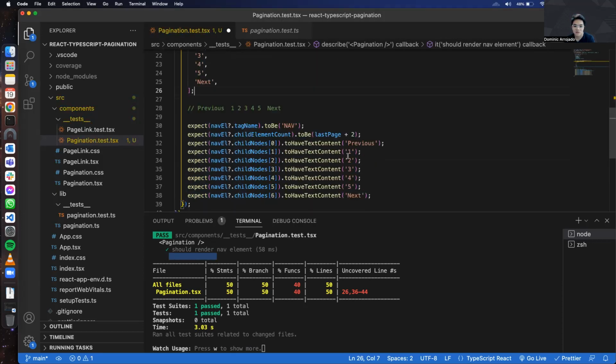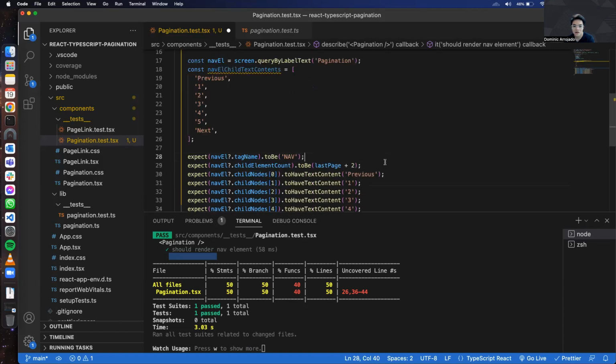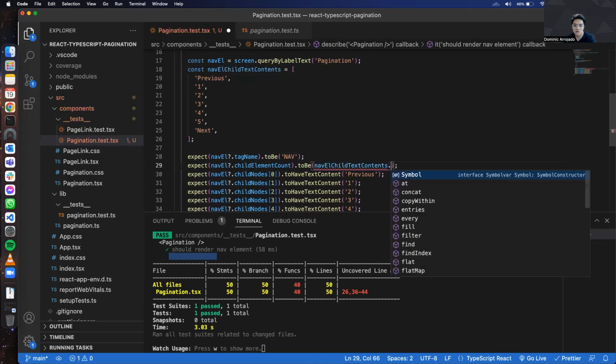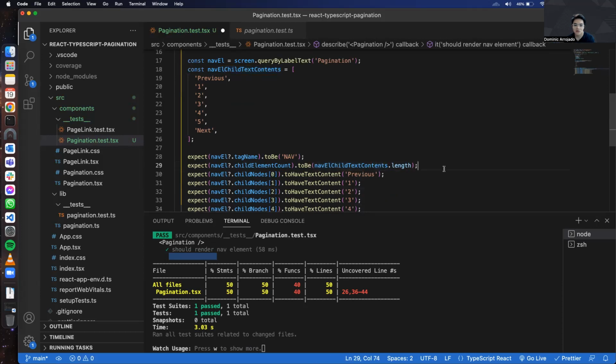So instead of adding them directly here, we can create an array of how we expect it to be, something like this, converted into an array, and we can check that the child element count should be equal to the length of this array here. Then we can do a loop. So let's loop child text component,